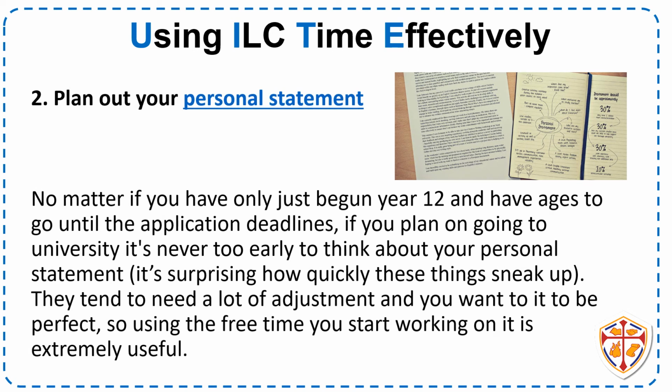Some of you will think, this is way too early. Why would I be planning out my personal statement? I've not even started year 12. I cannot stress how important this personal statement is to you if you want to get into the university of your choice. Equally, just how many times you will write it before you are happy with it to give to your teacher. And even then your teacher will rip it apart